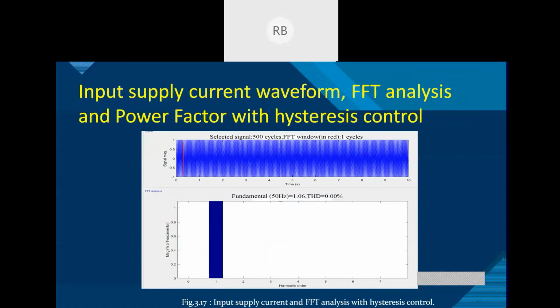As we can see with the FFT analysis, the harmonic distortion is nearly 0%. That is, all the harmonics have been removed with the use of the controller, and so the power factor we were getting was nearly 0.992, nearly 1. And on the next slide